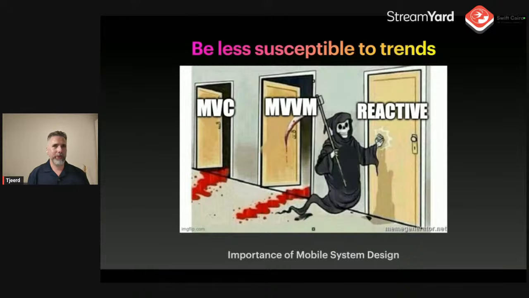So what I'm trying to teach is how you can accept this fact that people will change architectures, and Apple and Google will come up with new things for you, and then figure out a way to not be so susceptible, so you can keep your speed and keep moving forward without being put in a situation where you have a giant rewrite for your application just because there's a new pattern or architecture.